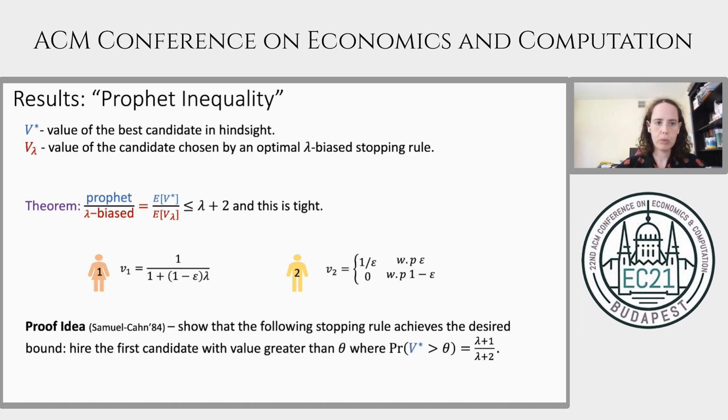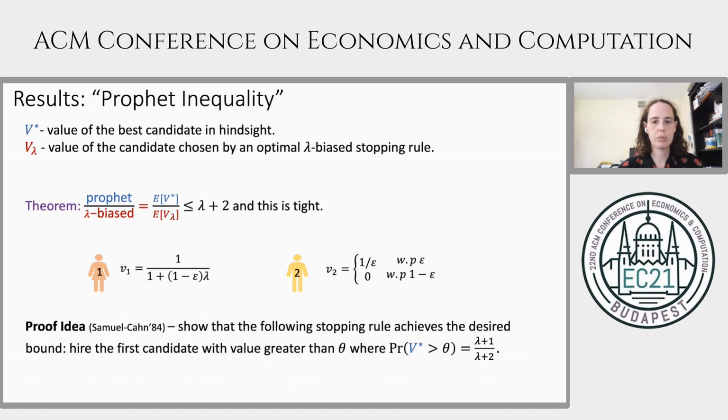For the upper bound, we build on Samuel-Cahn's proof for unbiased agents. Instead of analyzing the optimal stopping rule, we show that a suboptimal stopping rule, which is easier to analyze, already achieves the desired bound. The stopping rule that we analyze here hires the first candidate with value greater than theta, where theta is chosen such that the probability that the value of the best candidate is greater than theta equals lambda plus 1